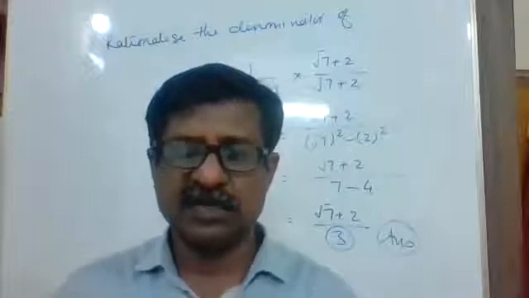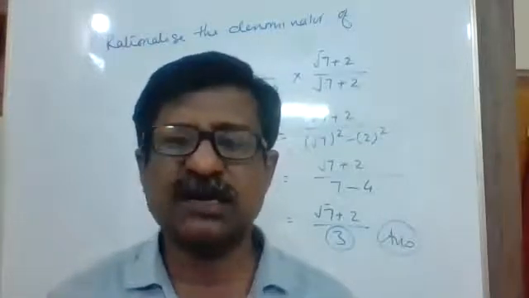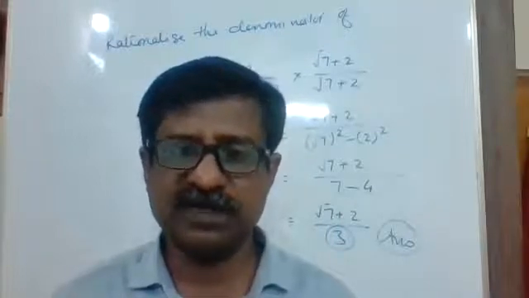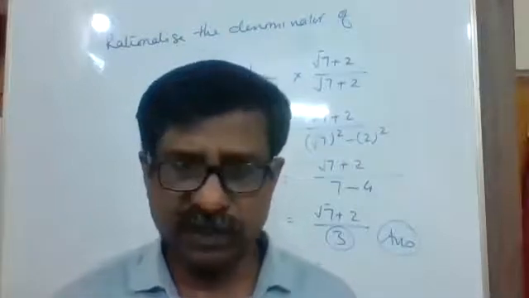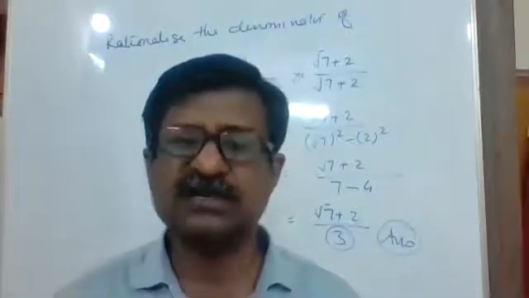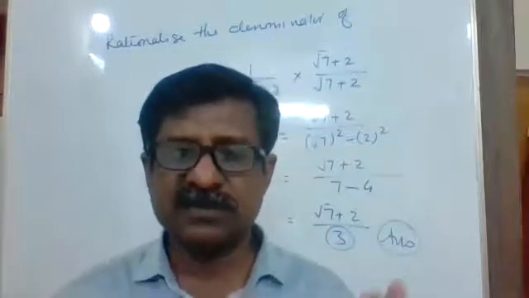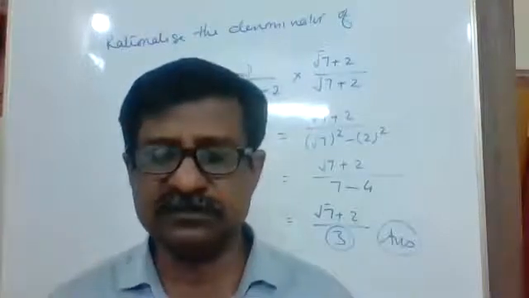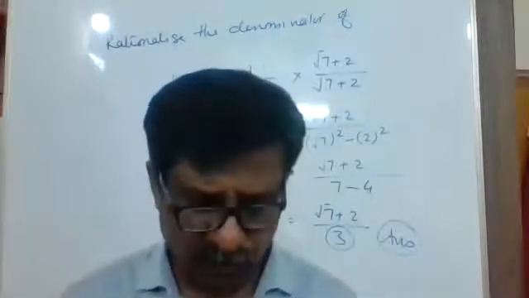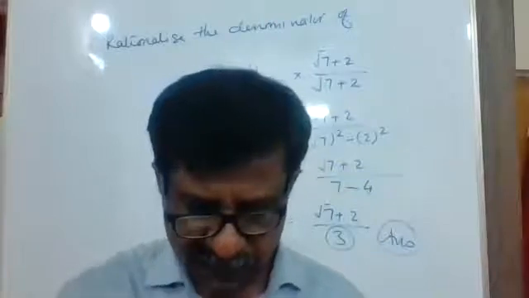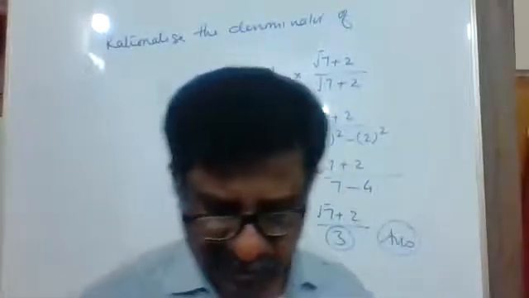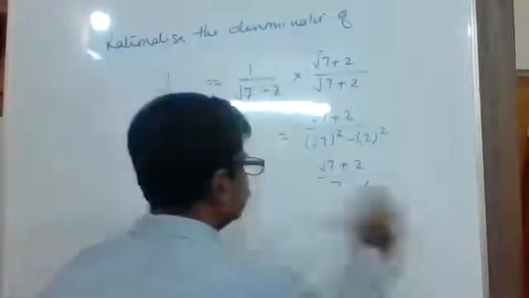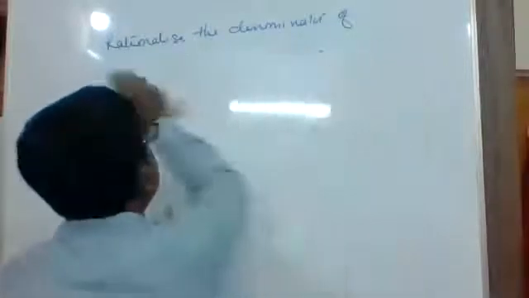Clear? Expecting that you understood whatever I made you write. First, I had explained what a rationalizing factor is, and how to multiply irrational numbers. And after that, step by step, we are following how to make the denominator a rational number. Further, we'll do some more questions, slightly complicated questions. I'm taking the example.